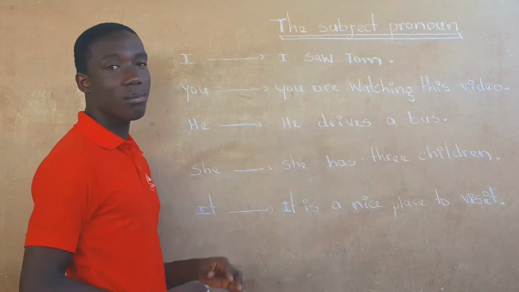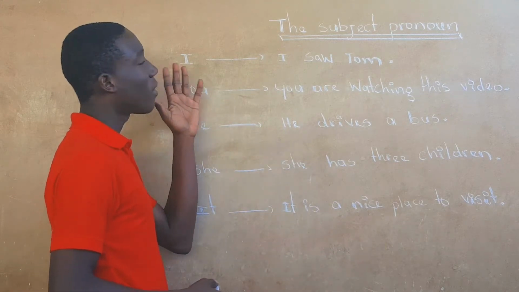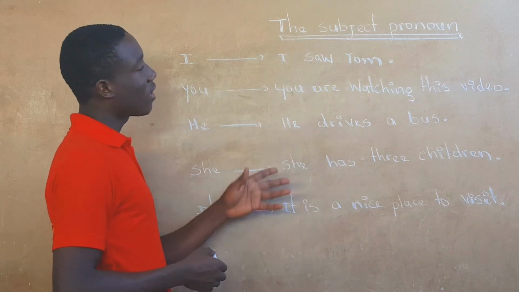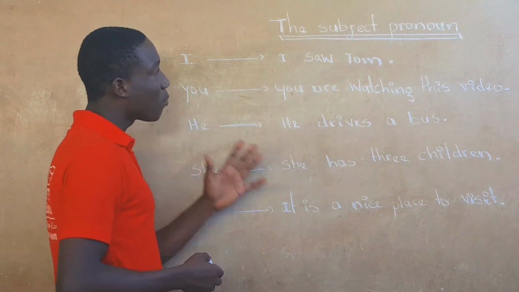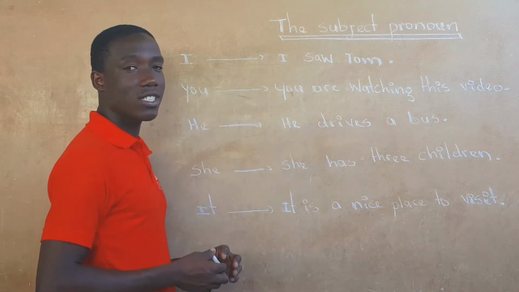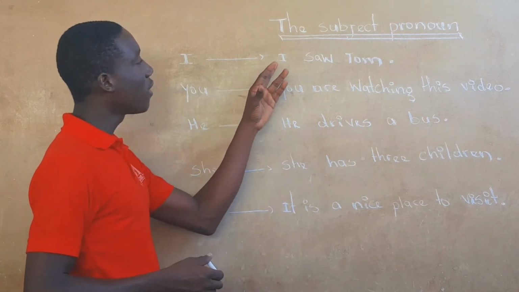Now this is an example with the subject pronouns. Ça c'est quelques exemples et nous fait quelques petites phrases avec pronom personnel Sijè au bout. The subject pronouns. Okay, for the first sentence, I